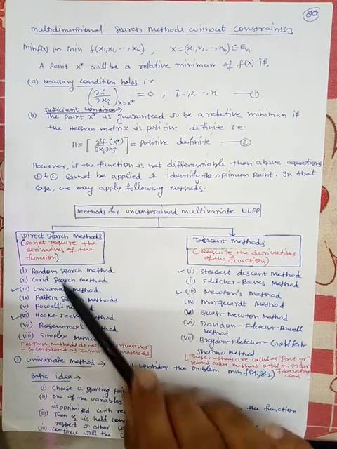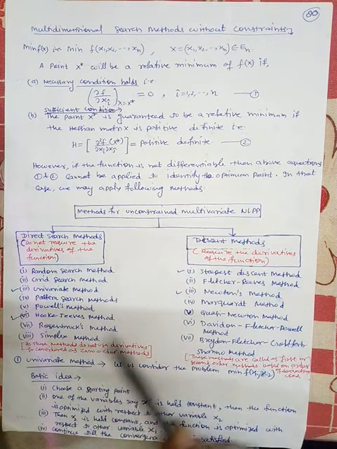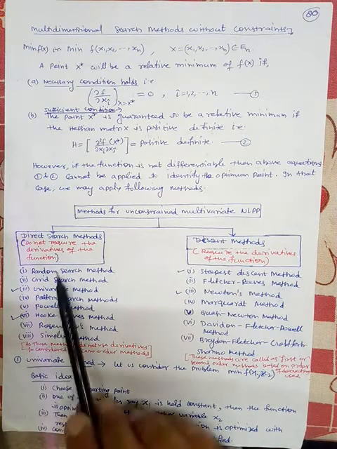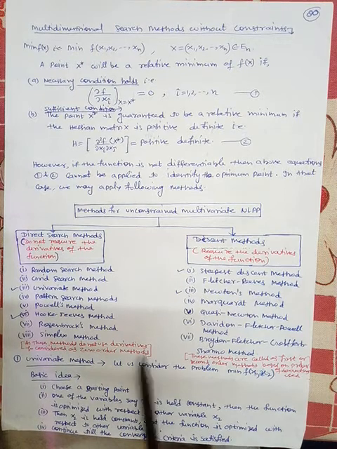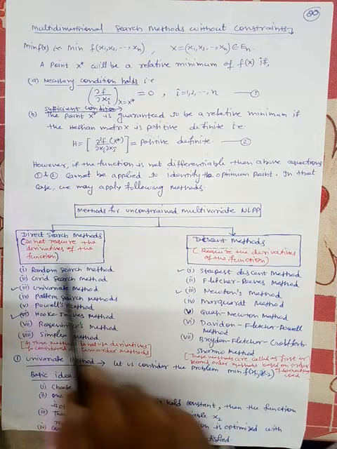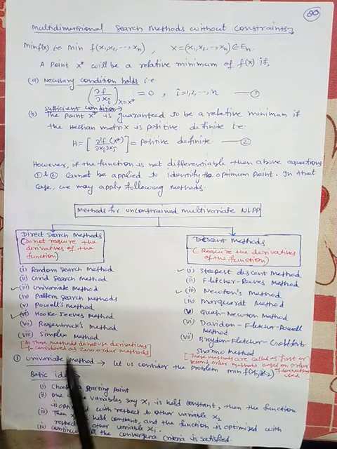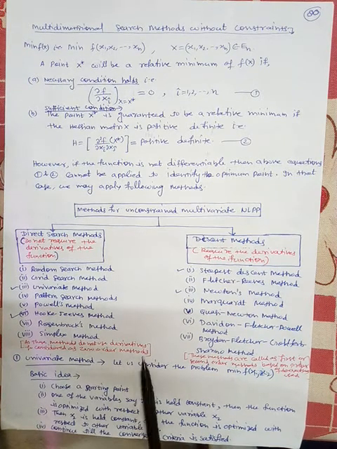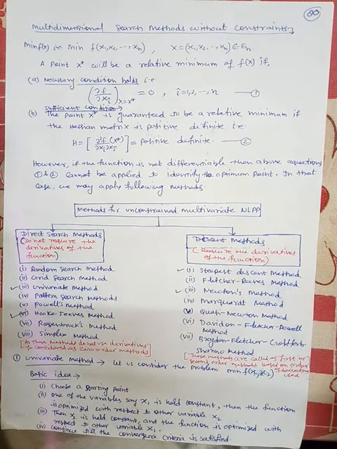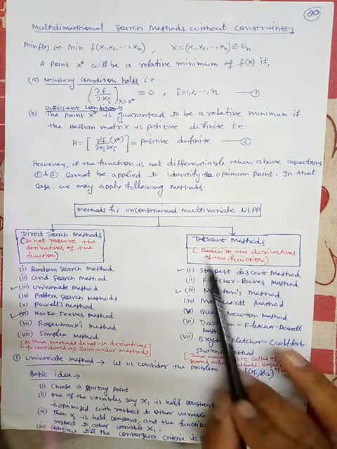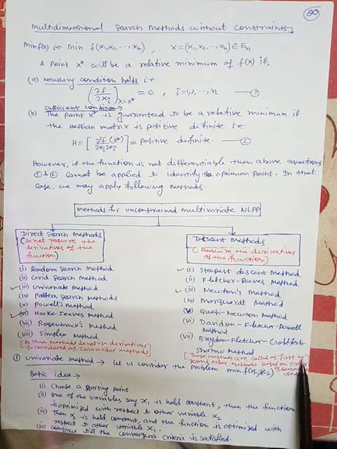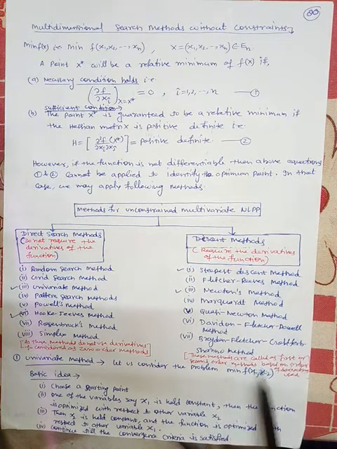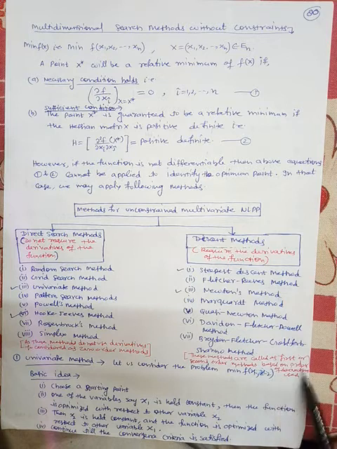Another important point is that as the direct methods do not use the derivatives, they are considered zero order methods, so they are also known as zero order methods. Similarly, here we are using the derivatives, so these methods are called first or second or other order methods based on the